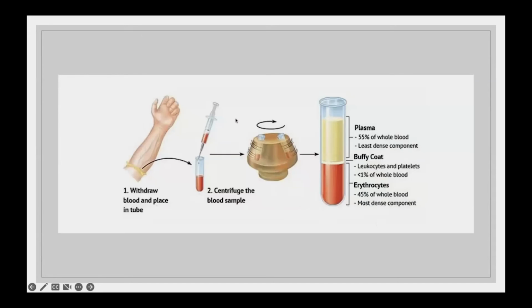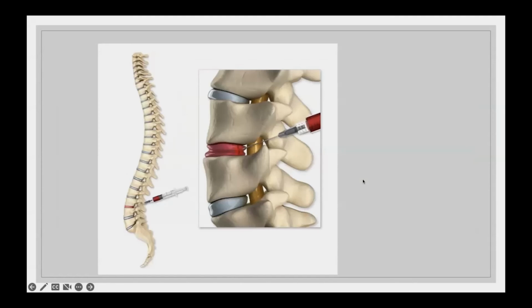But we draw it from the IV, we spin it down. This is essentially what we're trying to get at, the plasma, and then see the platelets there. And then in the back specifically, there's two main areas that it can be injected. One area which actually has a little bit more research looking at the results is intradiscal. So basically we inject it in the disc in between the bones of the back. And the thought is if there's a crack in the disc, we can utilize this to try to repair that. So it gets you longer term relief in a controlled reaction where it helps release some of those signaling molecules to help rebuild some of the tissue.